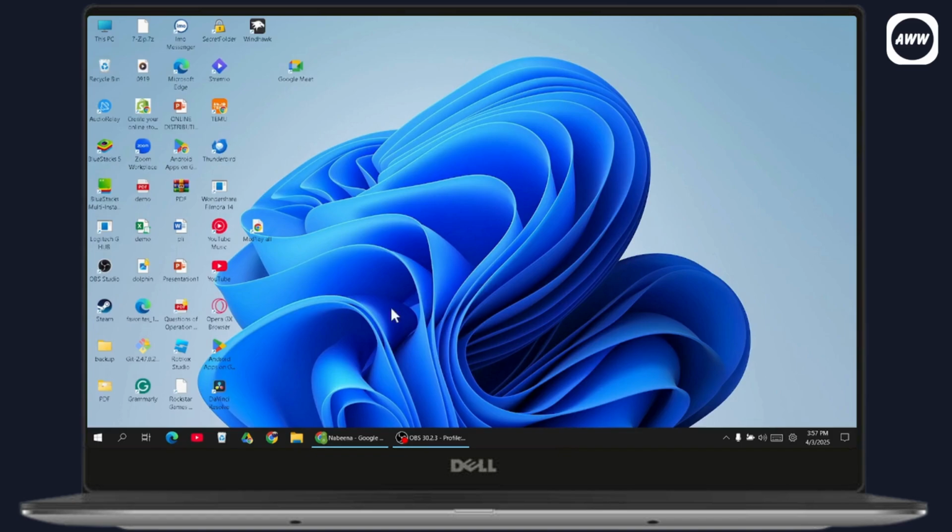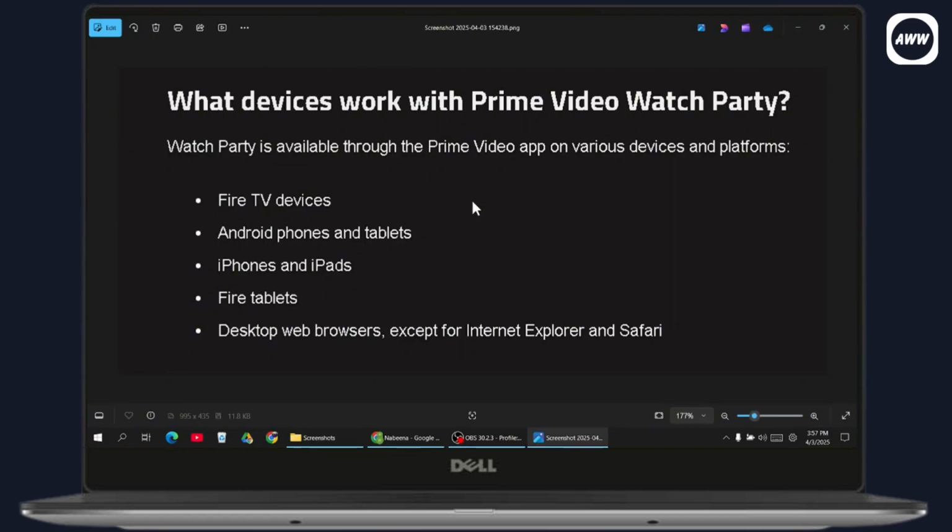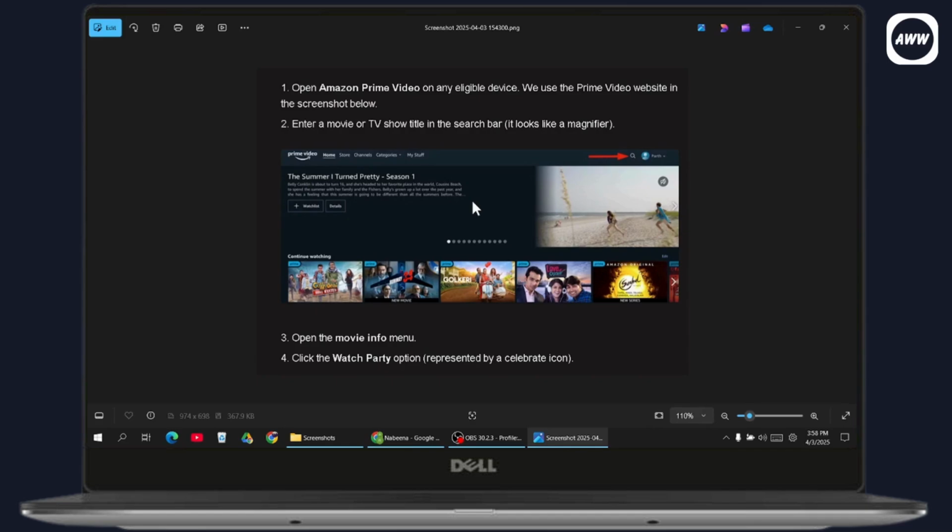this process. So, Watch Party is available through the Prime Video app on various devices and platforms. The first is Fire TV device, Android phones and tablets, iPhones and iPads, Fire tablets, desktop, web browsers, except for Internet Explorer and Safari. So, in order to watch, first you need to open up your Prime Video application or